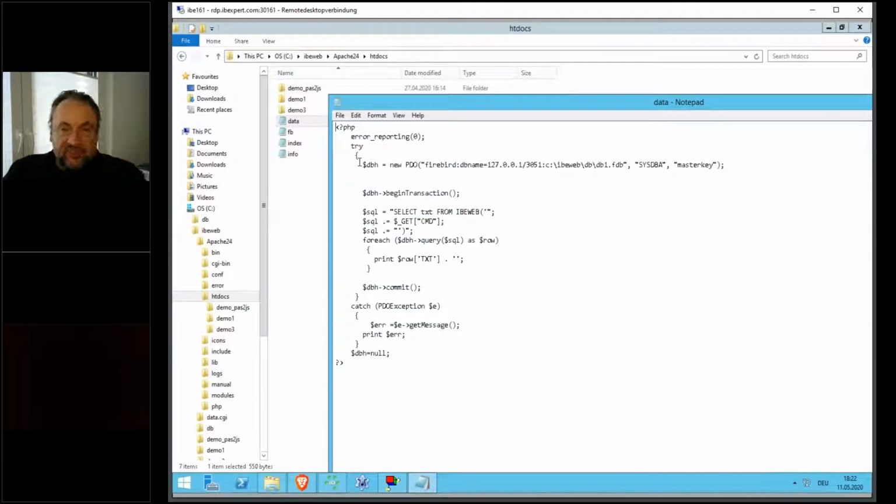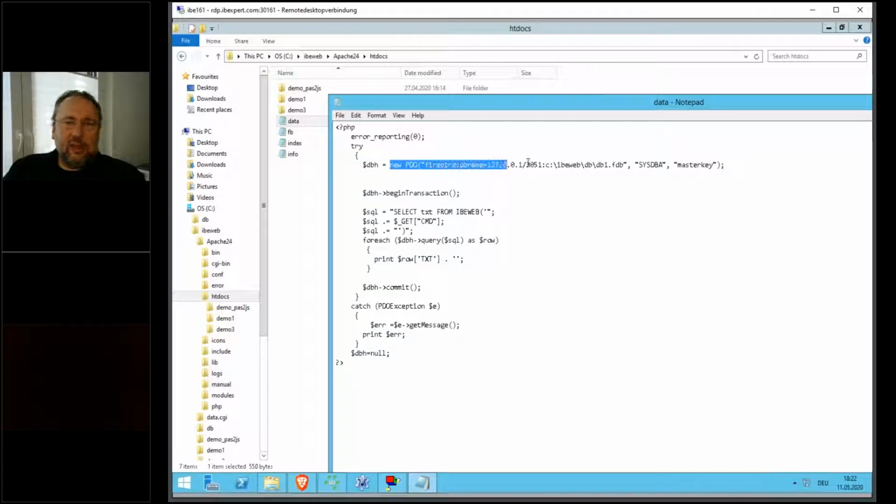And that script simply says the following. We have here a basic connection. Every PHP script is introduced by the PHP opening tag. Error reporting is set off, and we say try,